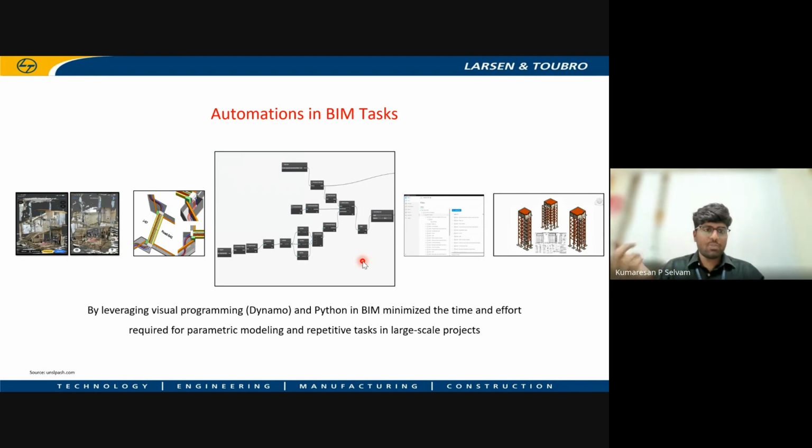Sometimes when it exceeds the size limit, it cannot be opened in Revit software. So there comes the need for deletion of unused views. We have created a Dynamo model, along with Python programming, which automatically deletes all the unused views.